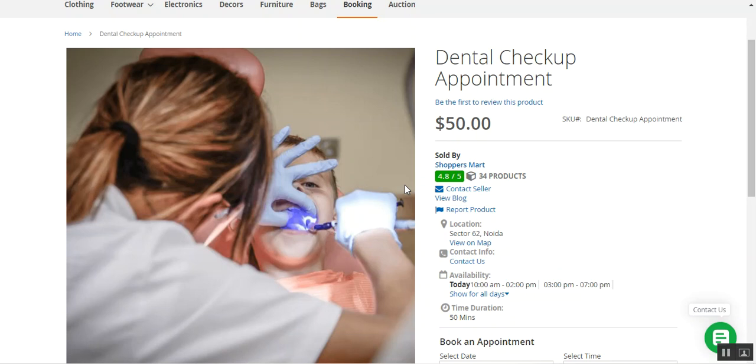And it basically creates a dynamic booking and reservation system. It would basically convert the store into a dynamic event driven site. Now this booking product type lets the vendors manage all the necessary details of the booking products, like the date of availability, slot period, stock value, and price settings, and much more.